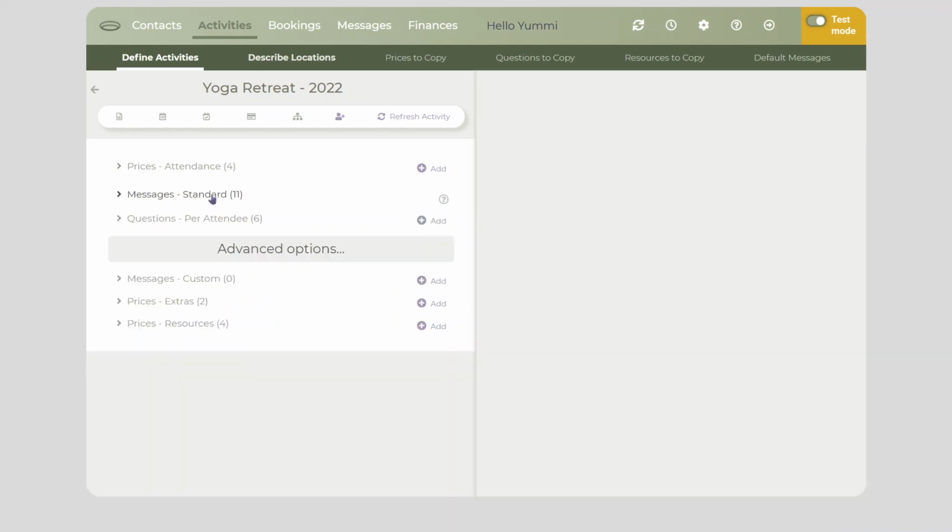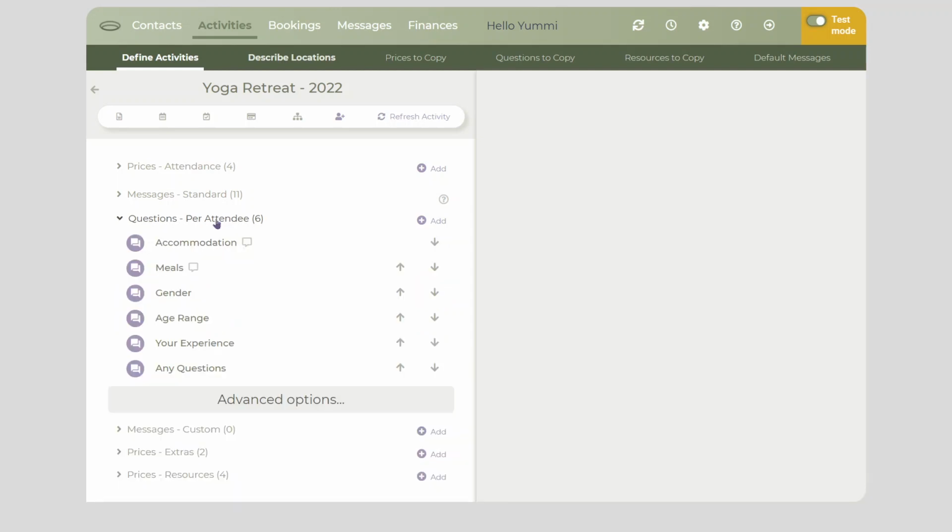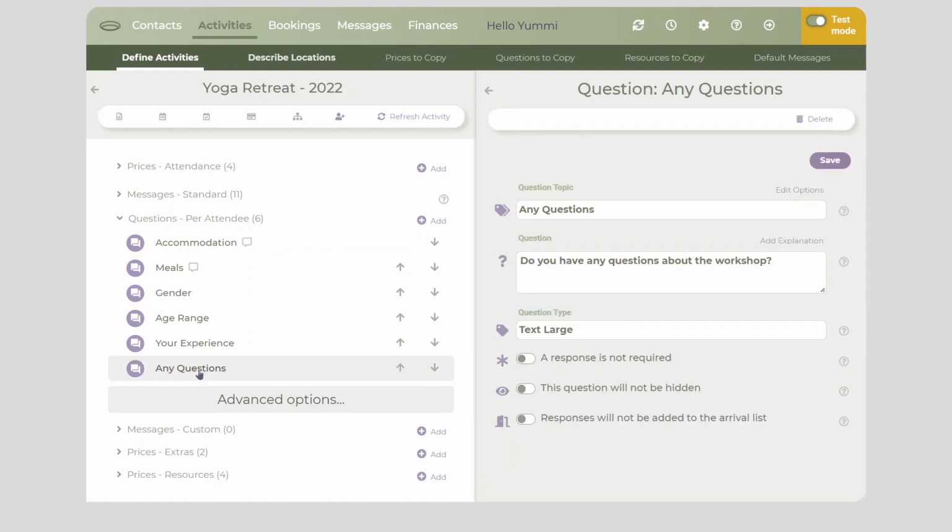So let's close that. And we also have the ability to define any number of questions to be asked to your attendees. And again, we've seen those when we've booked people onto the yoga retreat. So those are defined in this section called questions per attendee. We've defined 6 here. You have options to change the order of the questions. And if we look at a particular question, for example, the any questions question, we can see here the details